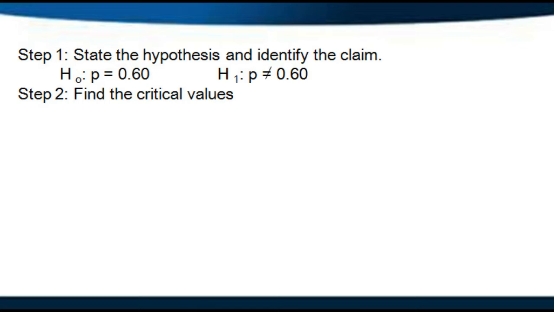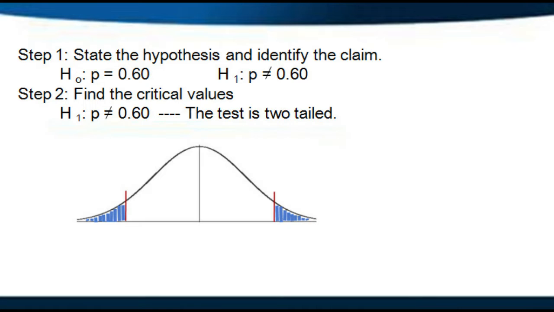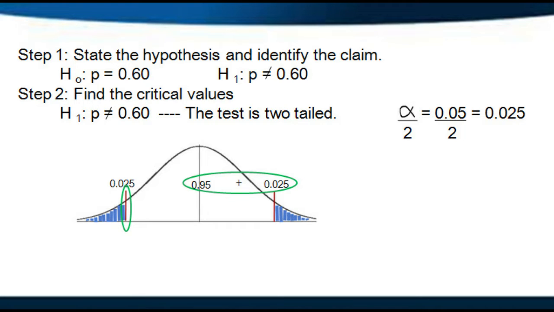Step 2. Find the critical values. Since our alternative hypothesis is not equal to a number, the test will be two-tailed. We have an alpha of 0.05, but since the test is two-tailed, we are going to divide the alpha by 2, and that is 0.025. We are going to put 0.025 on each side of the tail, and the remaining unshaded part is 95% or 0.95. In order to get the critical values, we are going to add 0.95 and 0.025,